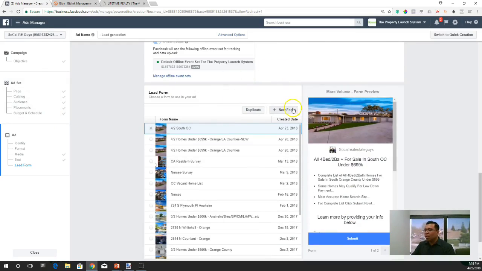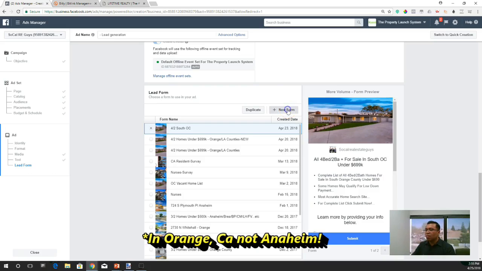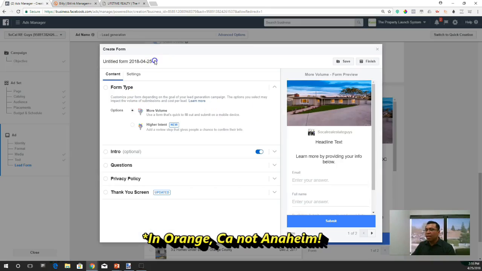So I'm just going to create a new form from scratch so that you know exactly how to do that. I'm going to click on new form, and I'm going to go right here. I'm going to name it